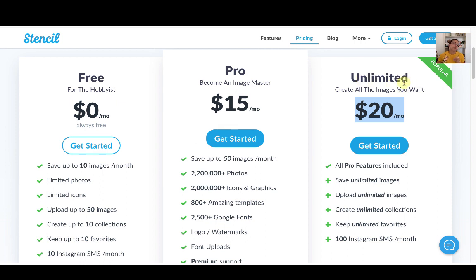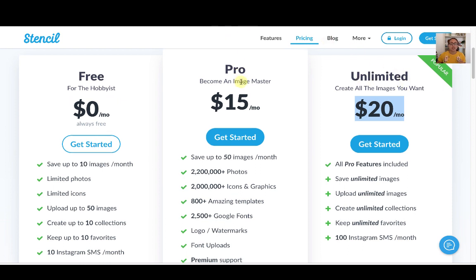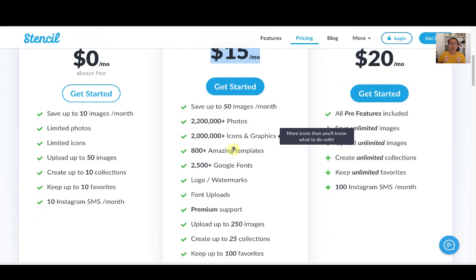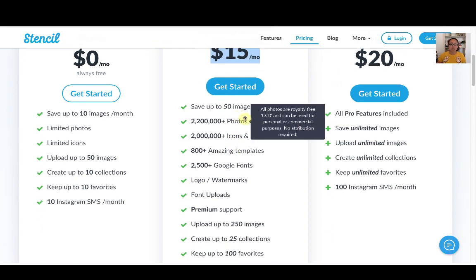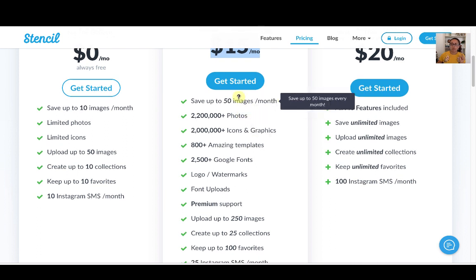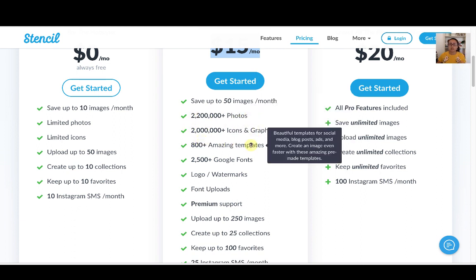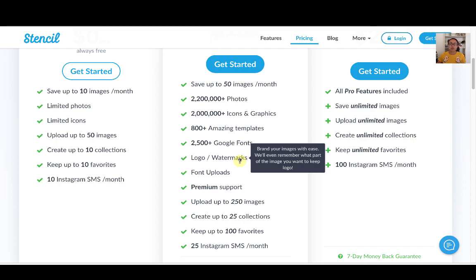But let's say you're not there yet, you're just starting. You can do the Pro for $15 a month, and it's still going to give you access to all those things, no extra charge. It's just going to limit you a little bit more, but it's still a very good plan. 50 images per month. You get access to absolutely all the photos, all the icons, all the templates, all the fonts. You can upload your fonts, upload your